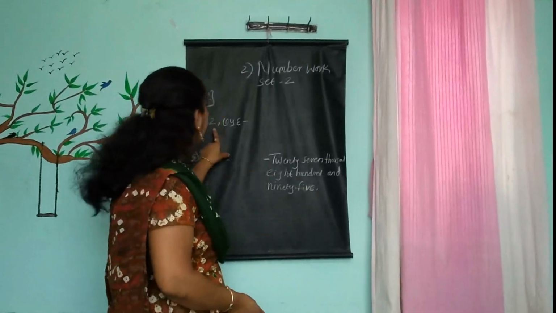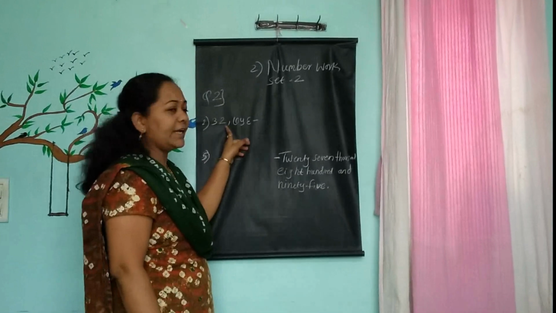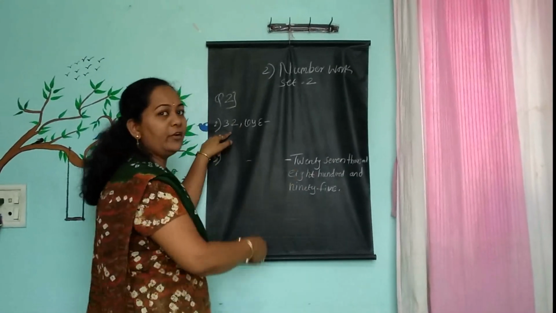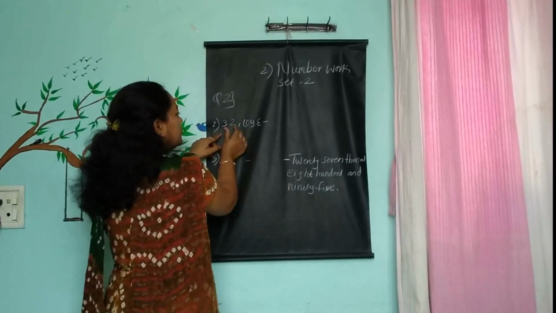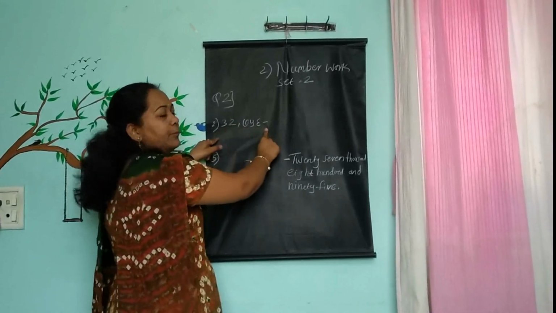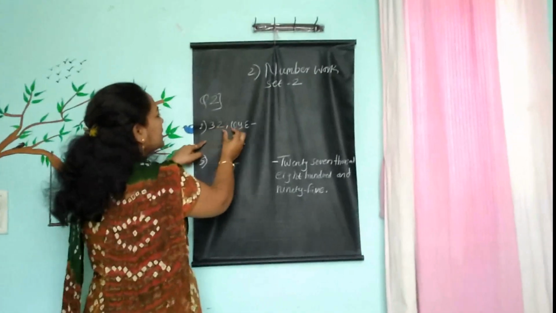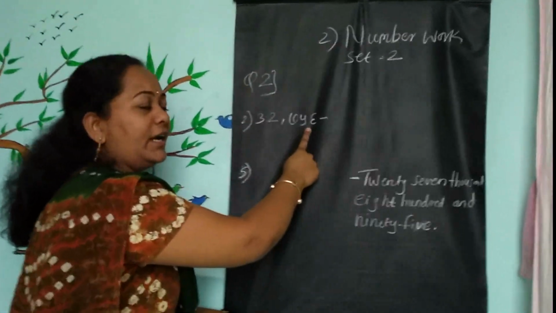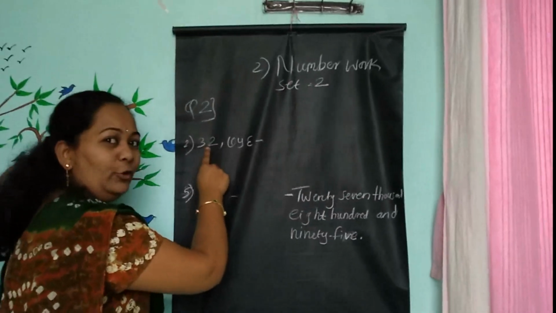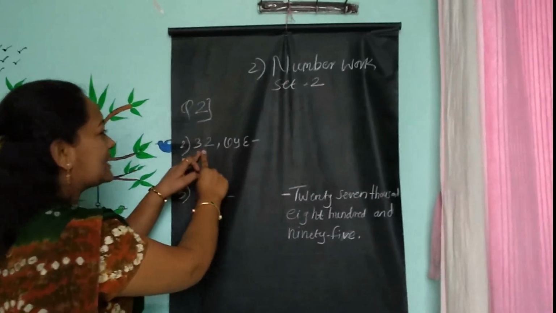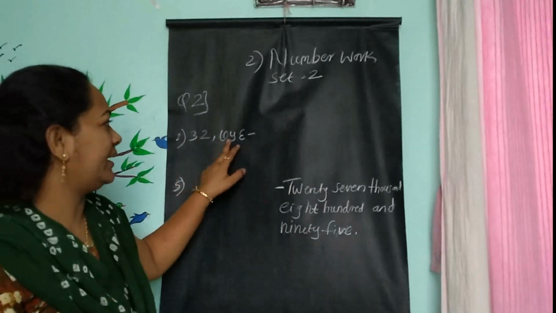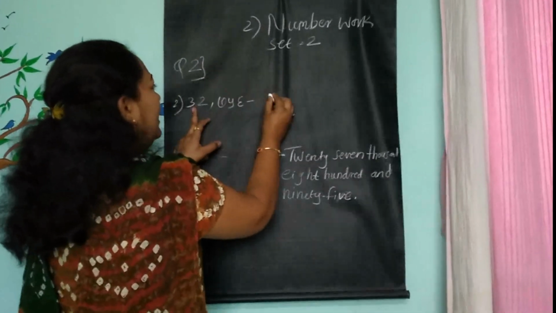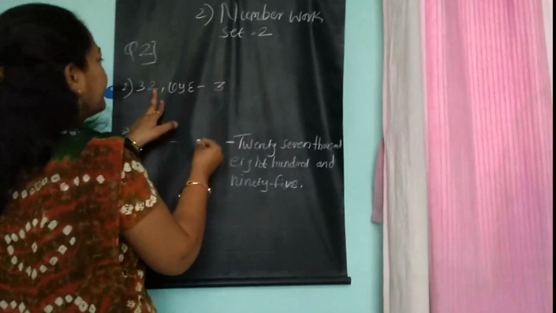See, on the board I wrote a number. The second question's number is written in Devanagari. So try to read that first. This is a 5-digit number. We read it as 32,756 in English, but we have to see it in Marathi. If you are able to read, try. And here in English we have to write 3 as English 3.